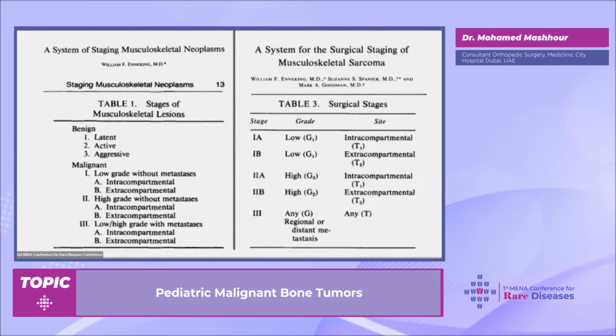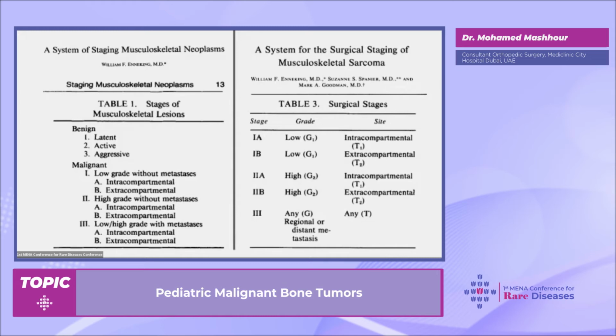All these at the end will end up in staging. We need to find staging. In musculoskeletal tumors, we have staging for the benign and malignant. I'll talk today about the malignant ones, which have 3 stages, stage 1, 2, and 3. Stage 1 and 2 are each classified into A and B, intracompartmental or extracompartmental. So a tumor inside the bone is intracompartmental. Breaching the cortex with extraosseous soft tissue is extracompartmental. 1 and 2 are for low grade and high grade.